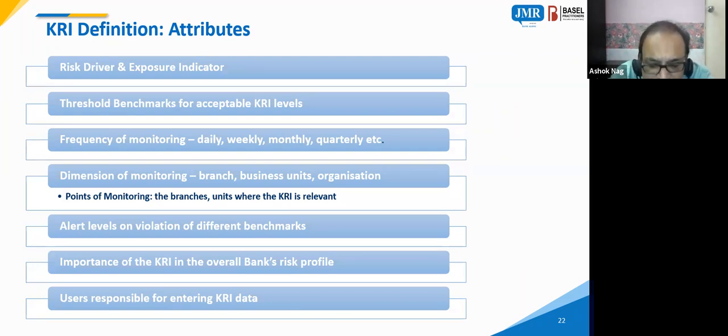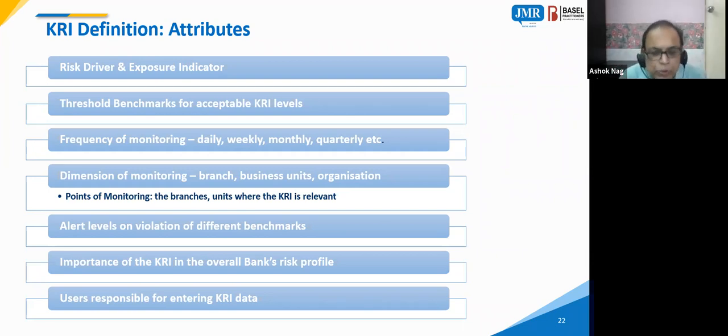Now we have defined the number of loans which became NPA in the first year; that is the risk driver. But we have to normalize them, because you cannot compare a 10-employee branch and a 100-employee branch on a similar NPA count or similar things. So to normalize this, we have an exposure indicator. In this case, the exposure indicator is how many loans were disbursed during that particular quarter or period, and how many of them became NPA. So the numerator is your risk driver and the denominator is your exposure indicator.